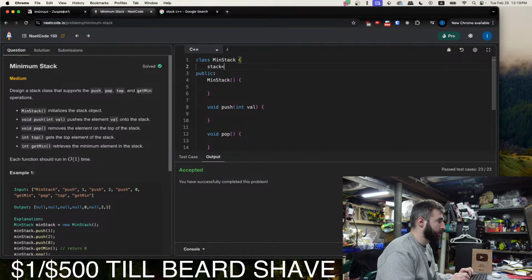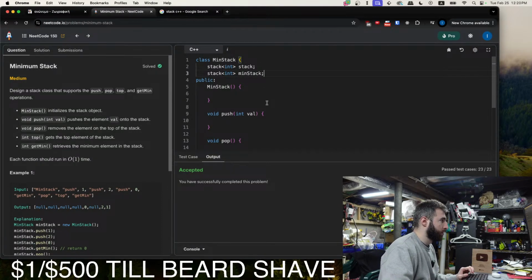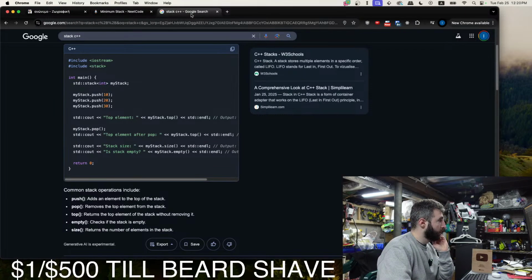Stack int stack, and then the min stack, int minStack. All right, MinStack will initialize both stacks. There's no new keyword, is there?